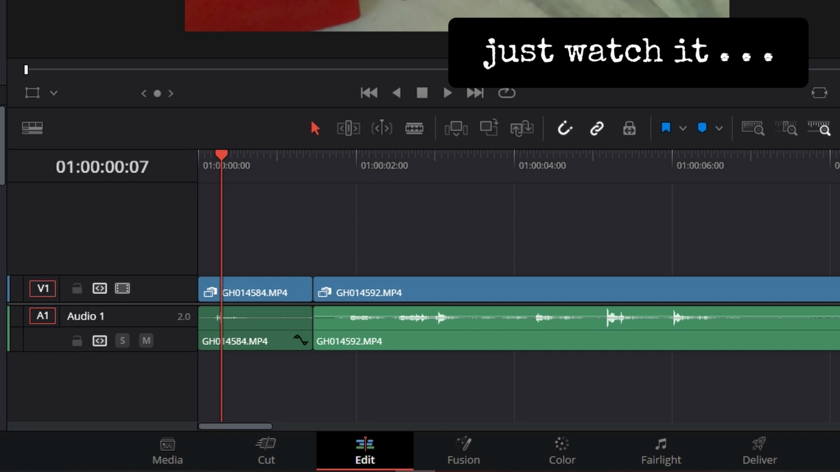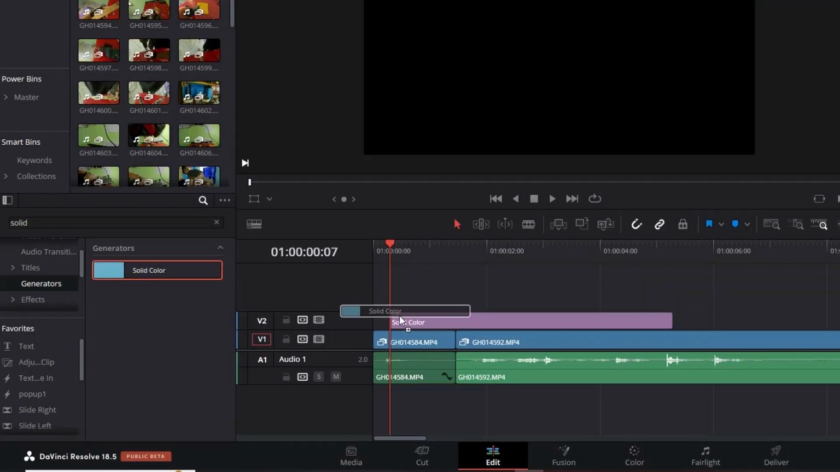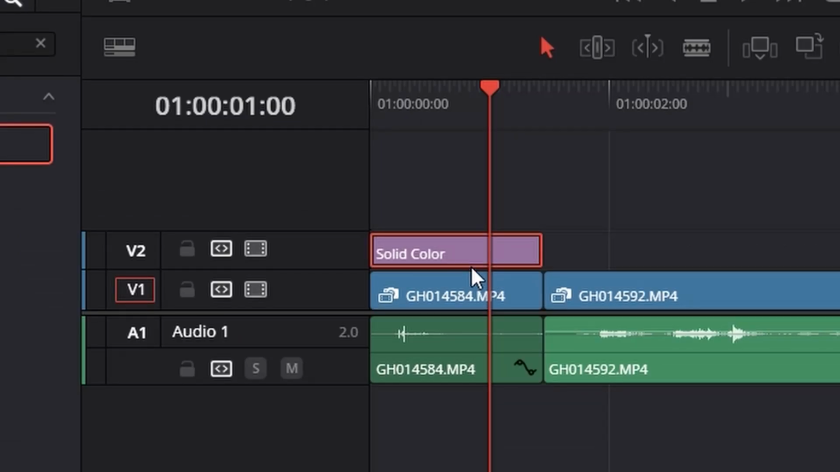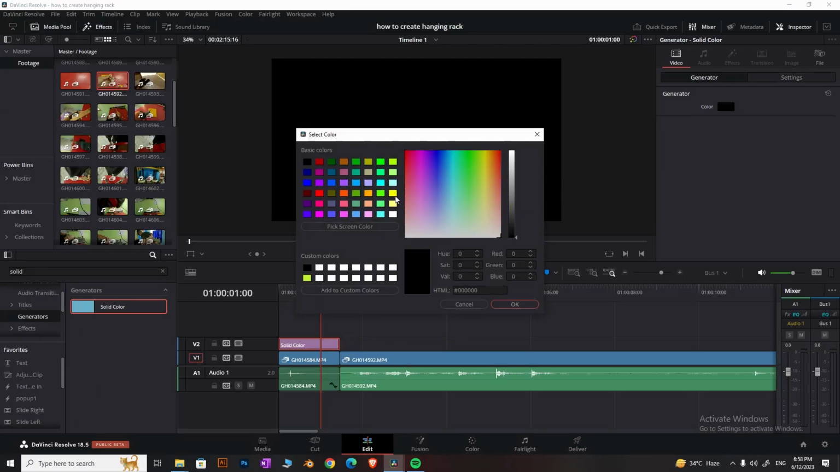Now, okay, this is my clip. What I want to do is search here for solid under the generator. I'm just dragging and dropping it above, and it goes black. So the black is overshadowing this, and if you select this in the inspector, you will see the color is black. Let's make it yellow. Okay,